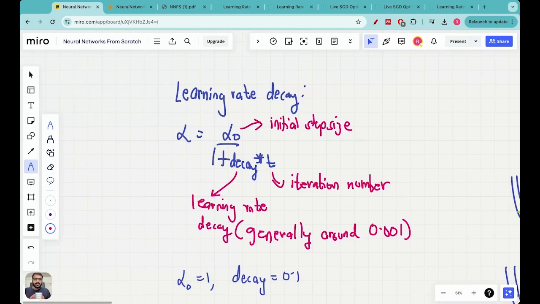Hello everyone, welcome to this lecture in the neural networks from scratch series. Today we have a very important topic to cover. We are going to be looking at learning rate decay today, and why it is very important in neural network